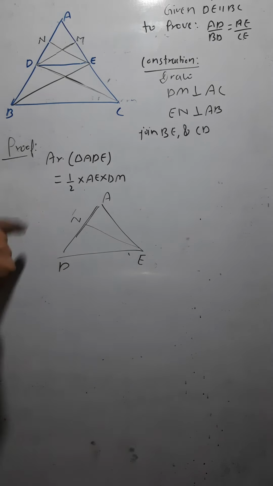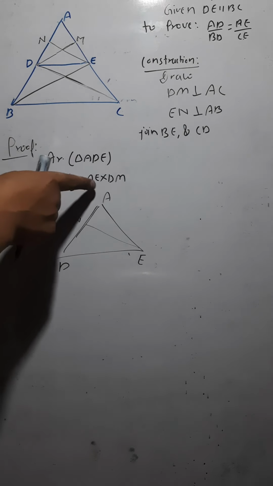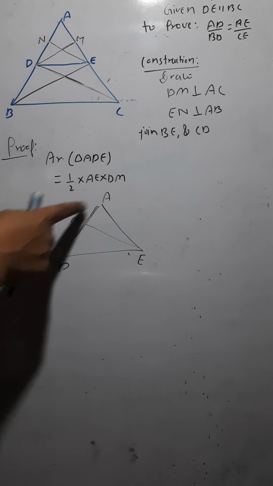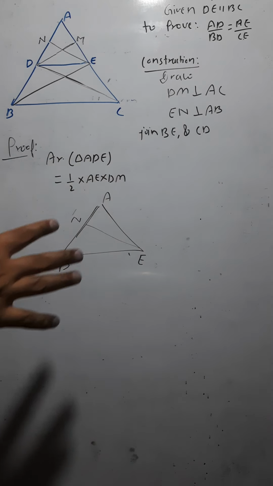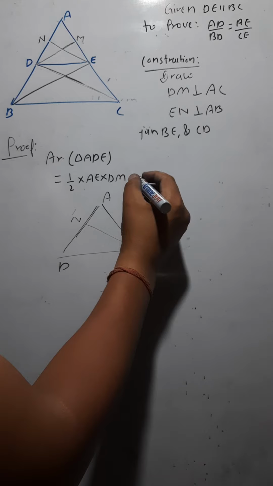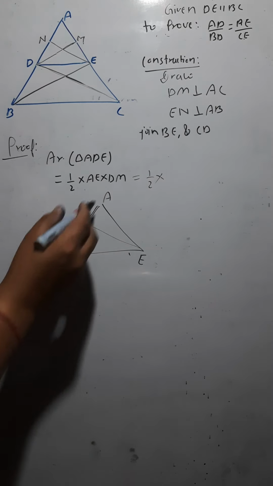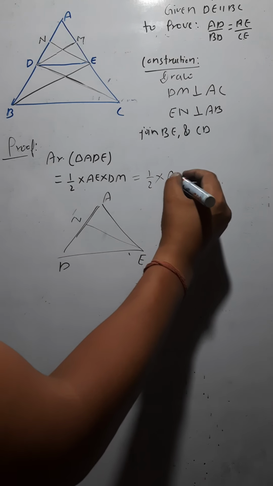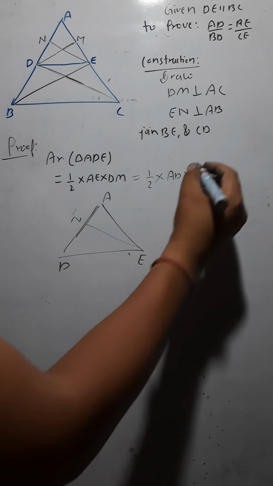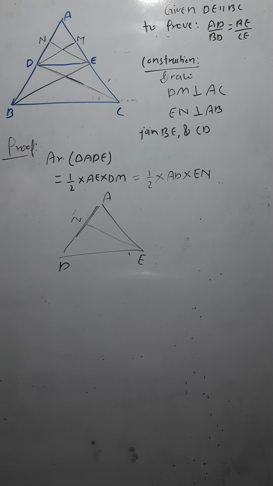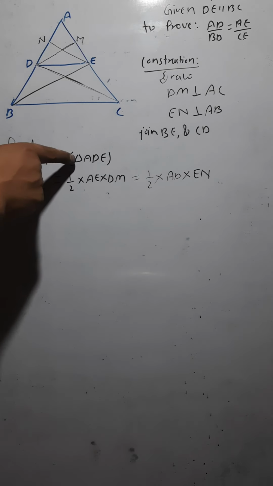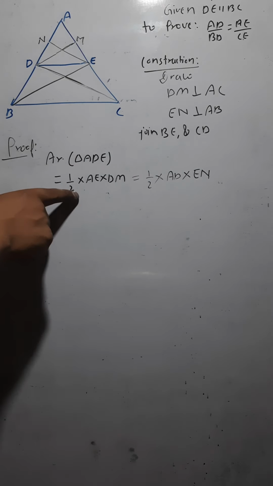But in both the ways I am finding out the area of the triangle ADE. So whether I write it this way or that way, both ways it is equal, isn't it? So I would write this is also equal to 1/2 into base. If I am taking the base as AD, I would be taking the height as EN, isn't it? Look here. Getting it or not? So in both ways, the area is going to be the same, because in both ways I am finding the area of the triangle. So whether I write this or that.